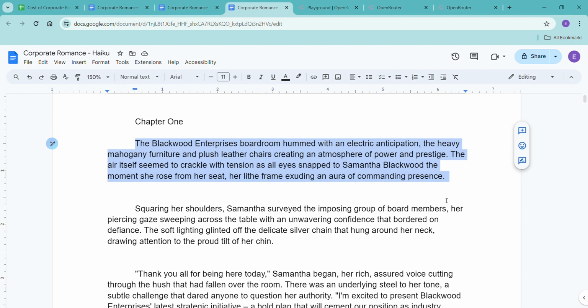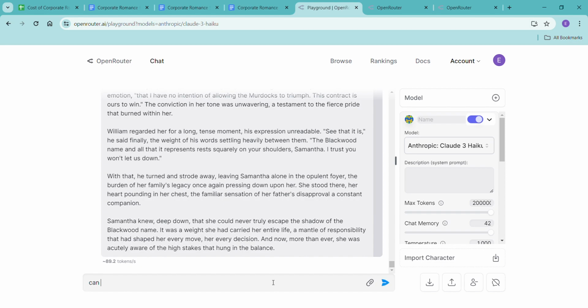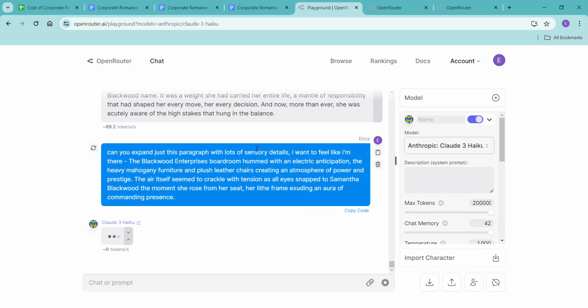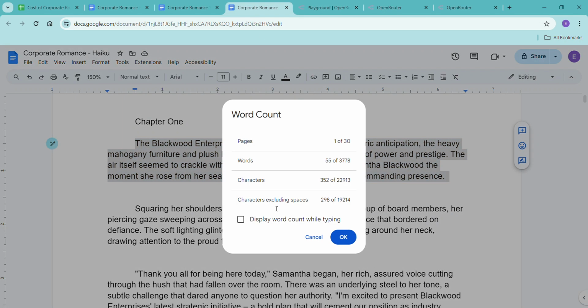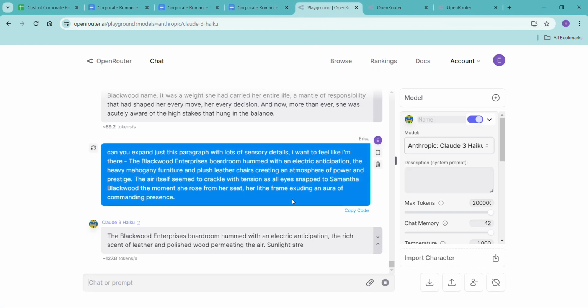I want to show you one more thing that you can do. Like, say you have just this paragraph, and you're like, oh, it needs to be more, it needs to be longer. So now we took, what is this, 55 words. Now we're going to turn it into